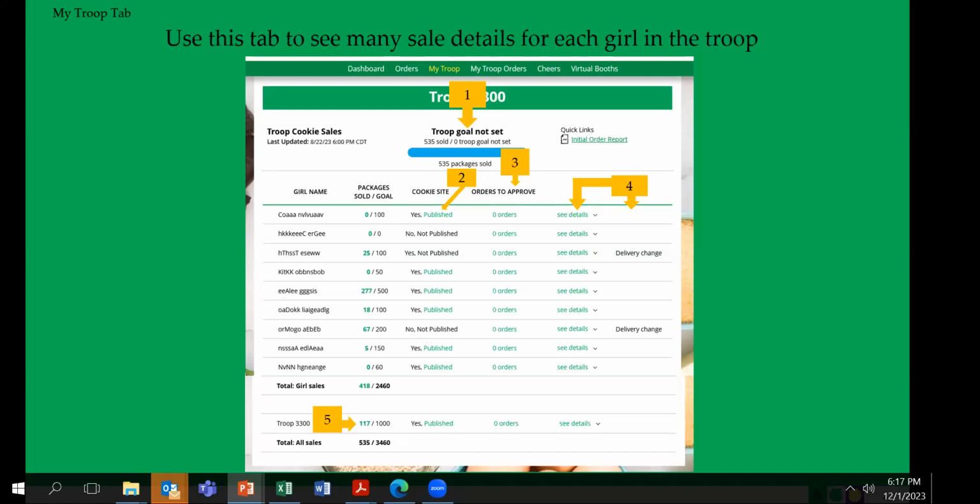This also applies to any troop orders that you might have. You will get a reminder email if you have troop orders, like for instance, for your virtual booth that you have not approved, it will give you a reminder. And it's the same number of days, it's 5 days that they have to approve orders. Then on number 4, you can see details of the girls